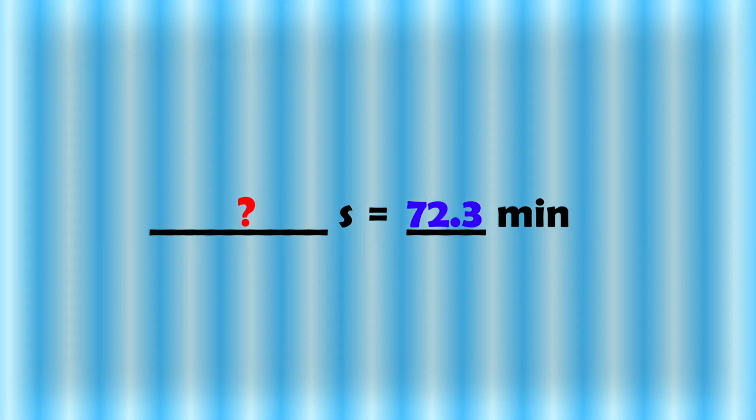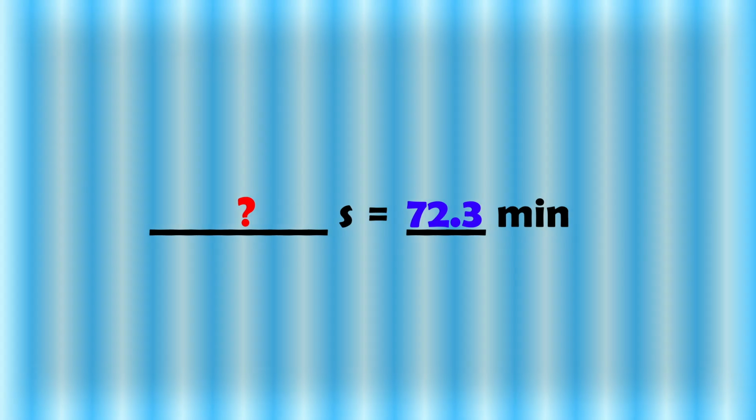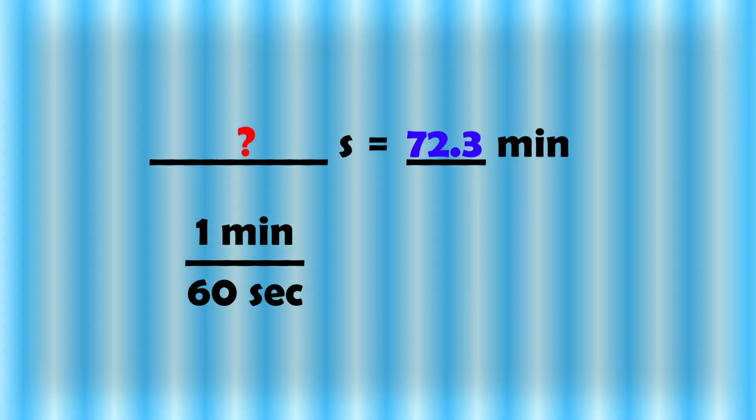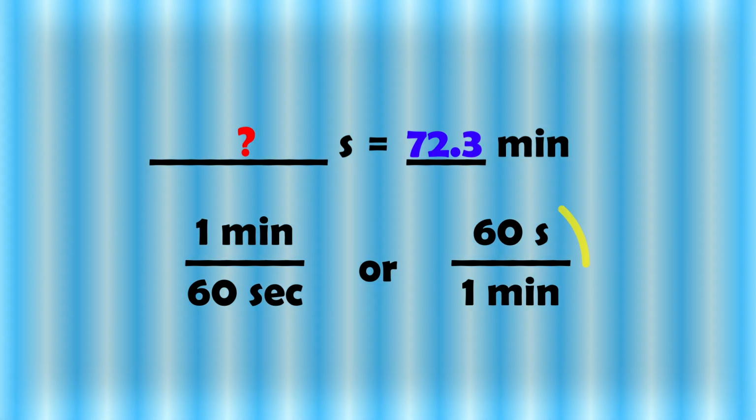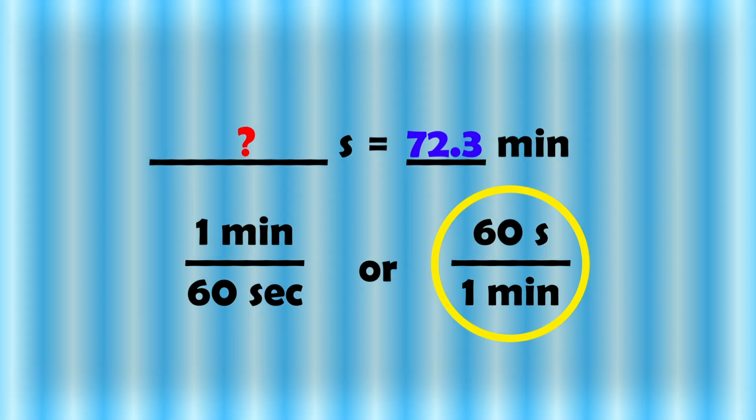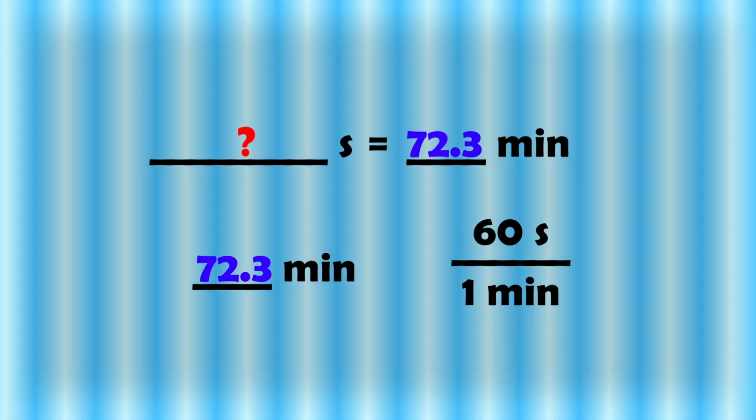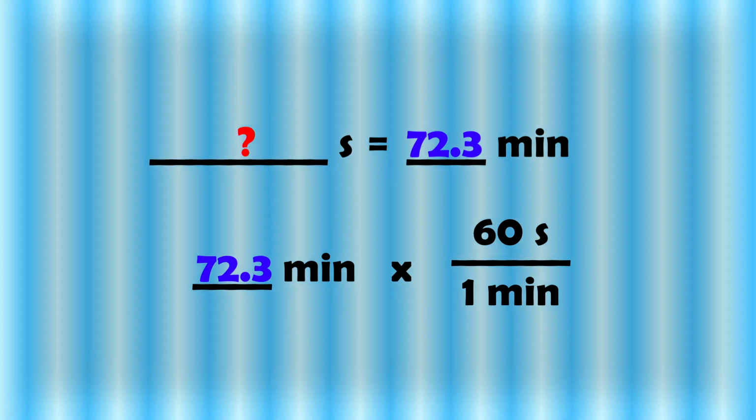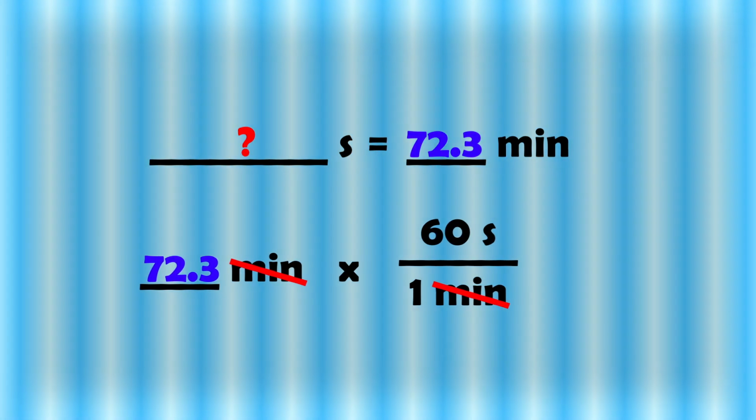So which fraction should I choose from step 3? Remember, the units must cancel out. So 1 minute over 60 seconds or 60 seconds over 1 minute. We should choose the second fraction because when we multiply 72.3 minutes by 60 seconds over 1 minute, the minutes cancel out. And so our resulting answer is